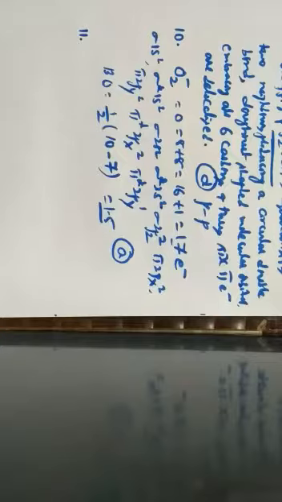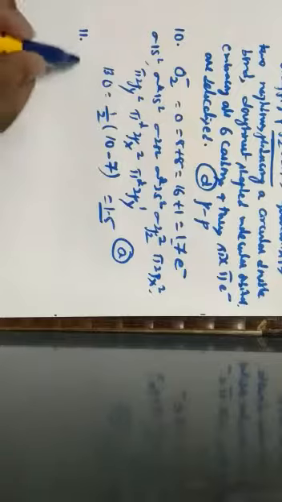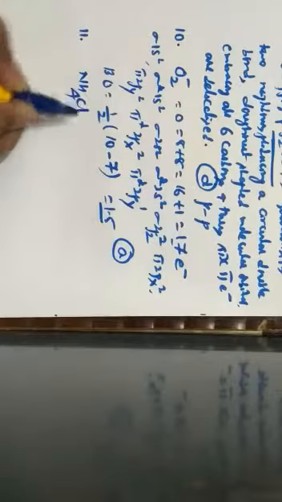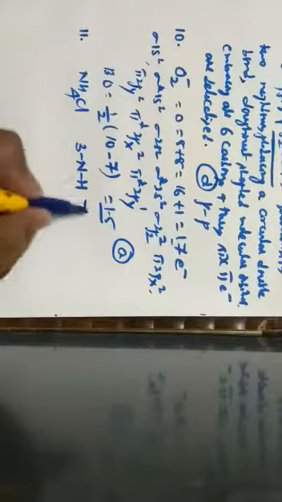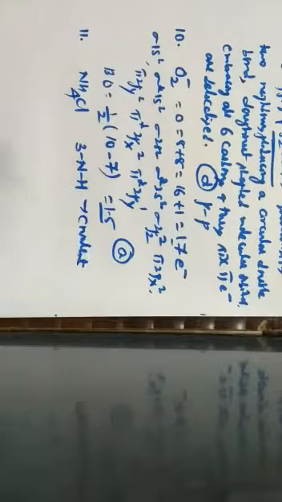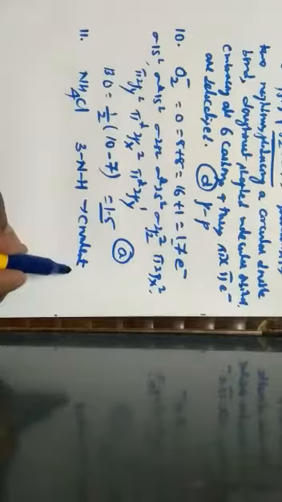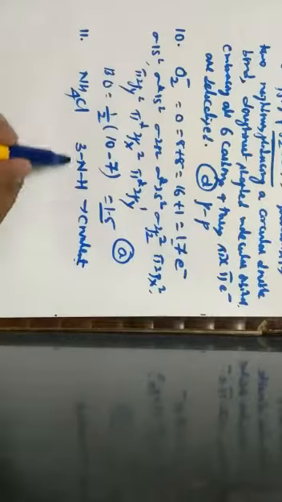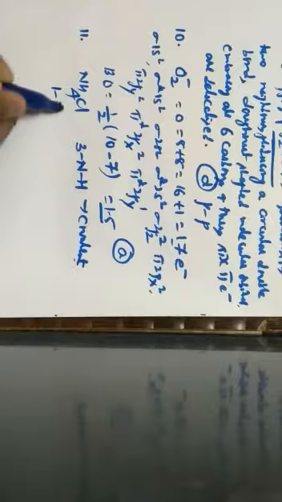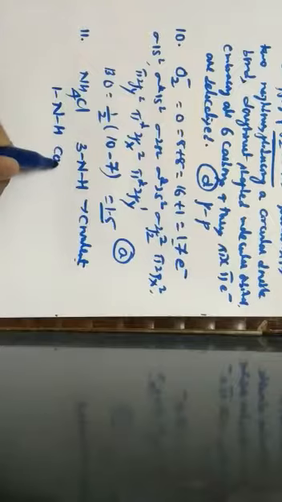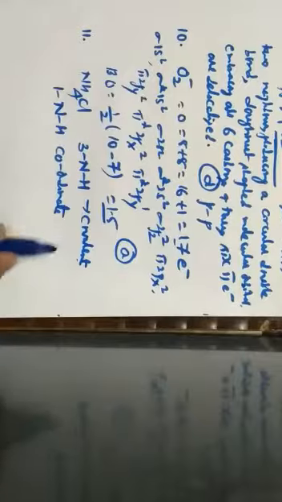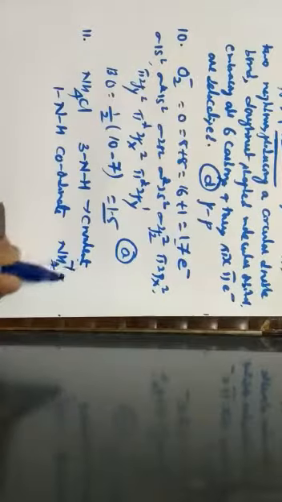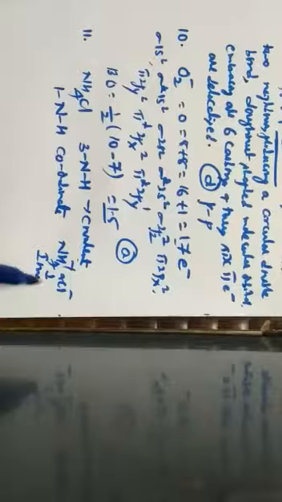Among the following, the compound that contains ionic, covalent and coordinate linkage is. So all 3 linkages are present in ammonium chloride. The 3 nitrogen and hydrogen bonds are covalent in nature. So here covalent bond is there in ammonia. So one nitrogen and hydrogen bond is what? It is coordinate. So I will show separately. It is coordinate, and NH4 plus and Cl minus will have ionic.